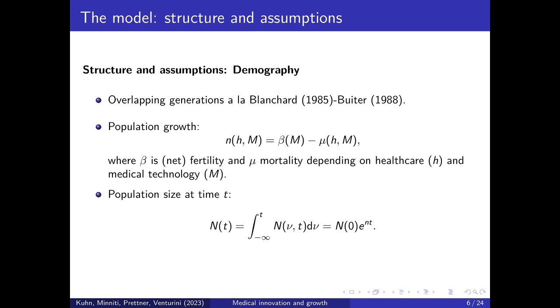In addition, it's important to say at this stage already what we do. So we have a model framework that we can solve for the growth rate of the economy, basically, but we do not fully close it. We leave medical innovation as our variable according to which we pursue comparative statics exercises. So we change medical innovation, which induces healthcare spending, and then we analyze how these two changes affect the economy and particularly how they affect the growth rate. And we will see that this depends a lot on the stage in which an economy finds itself in the epidemiological transition.